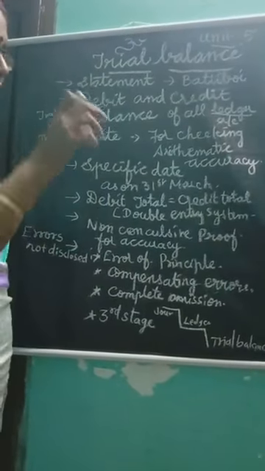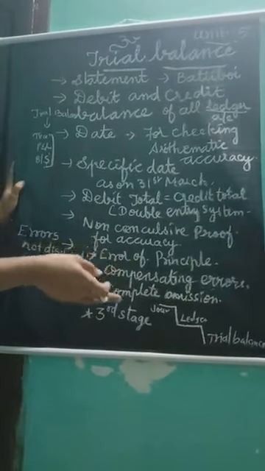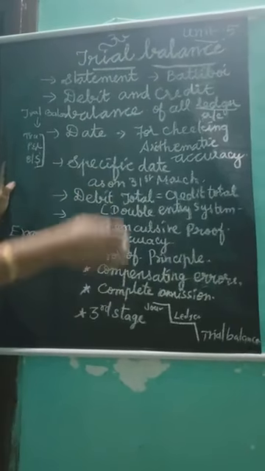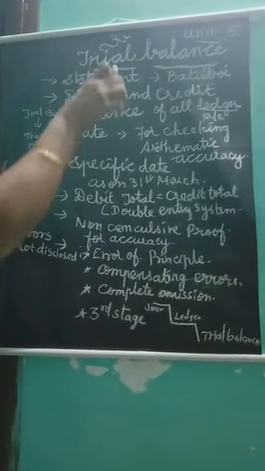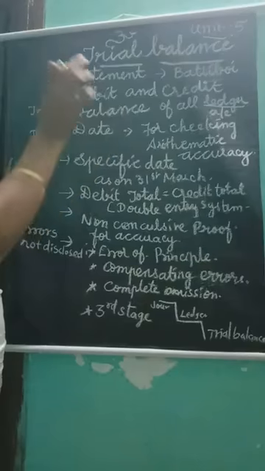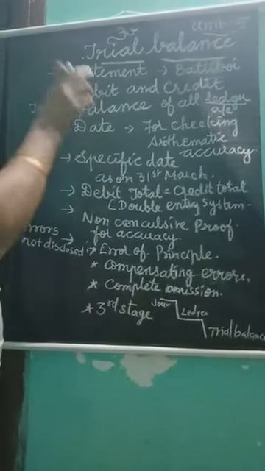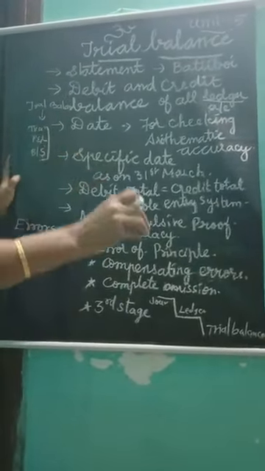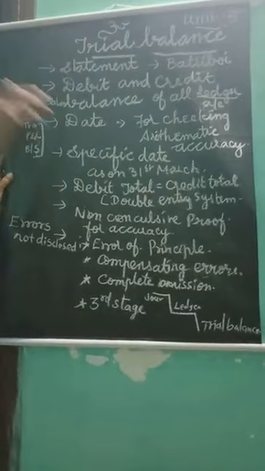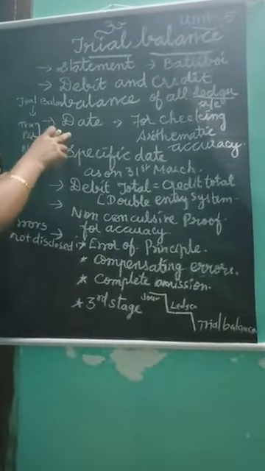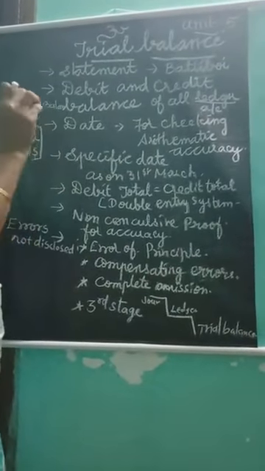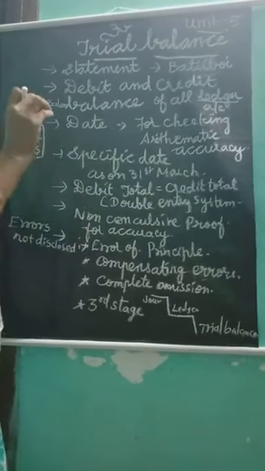So cash account 54,000 rupees, previously we have seen, isn't it? In the 11th sum, the total amount also I have differentiated. Whatever total we are casting, we are totaling, that is called a total amount. This is a balance amount. Balance amount alone we are going to write in all the ledgers. All the ledgers means cash account, capital account, sales account, purchases account, like that it goes on. Then, on which date are we preparing this? As on 31st March, at a specific date we are going to prepare this statement.